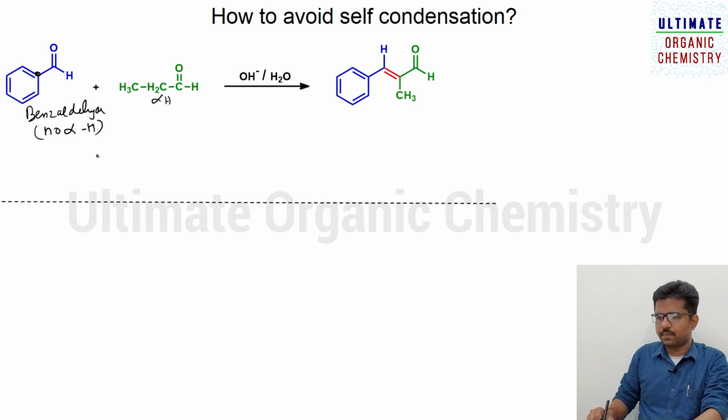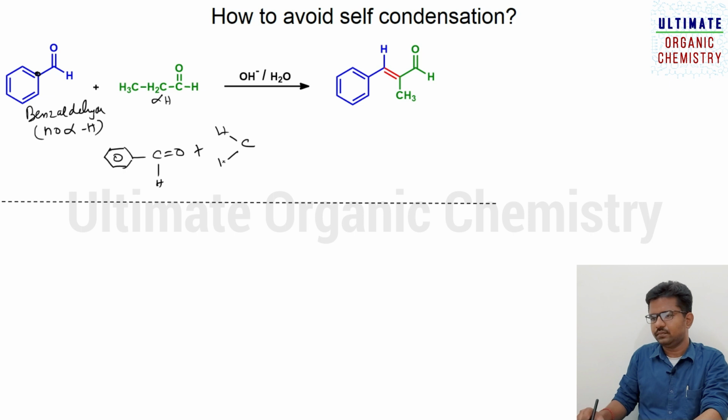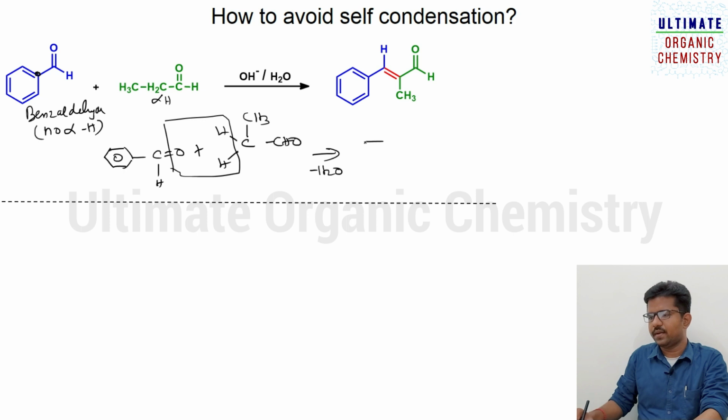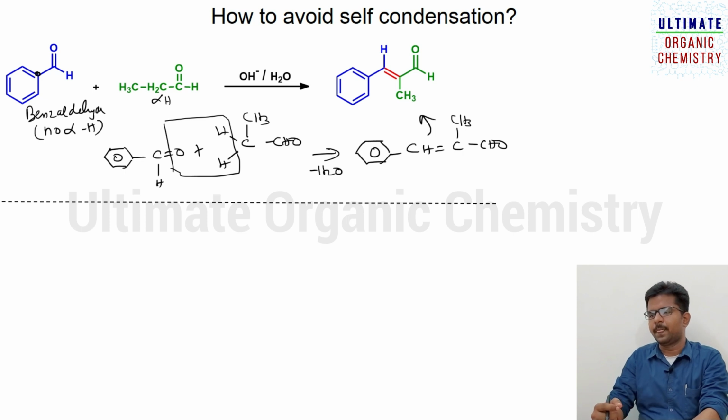So first let me draw the product. As usual, you have to draw benzene and C double bond O, hydrogen. Here you select that alpha carbon hydrogen like this, and you put methyl this side, and CHO this side. When they eliminate a water molecule, it provides this product. Mostly you will get trans-alkene only. Please remember that, because trans-alkene is more stable.